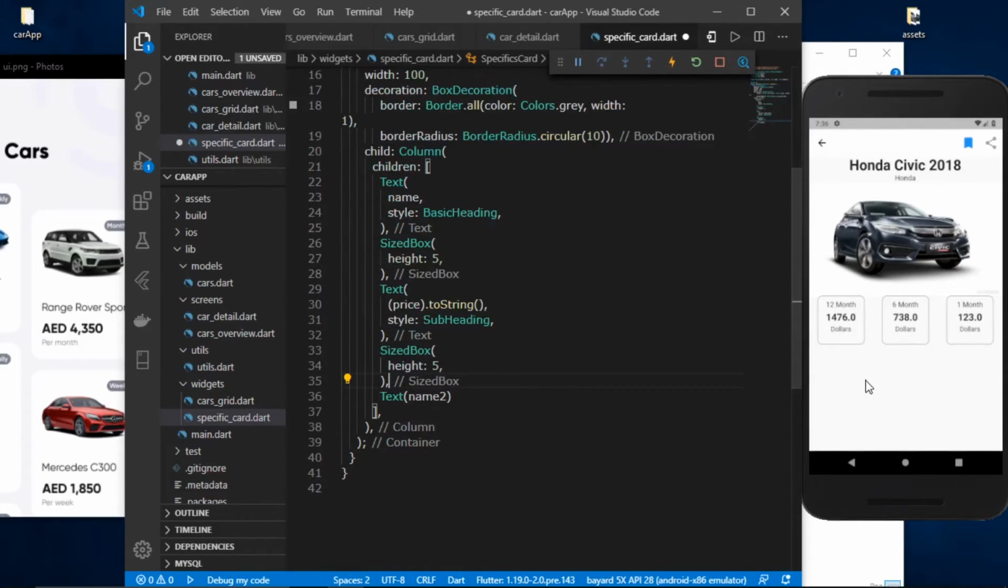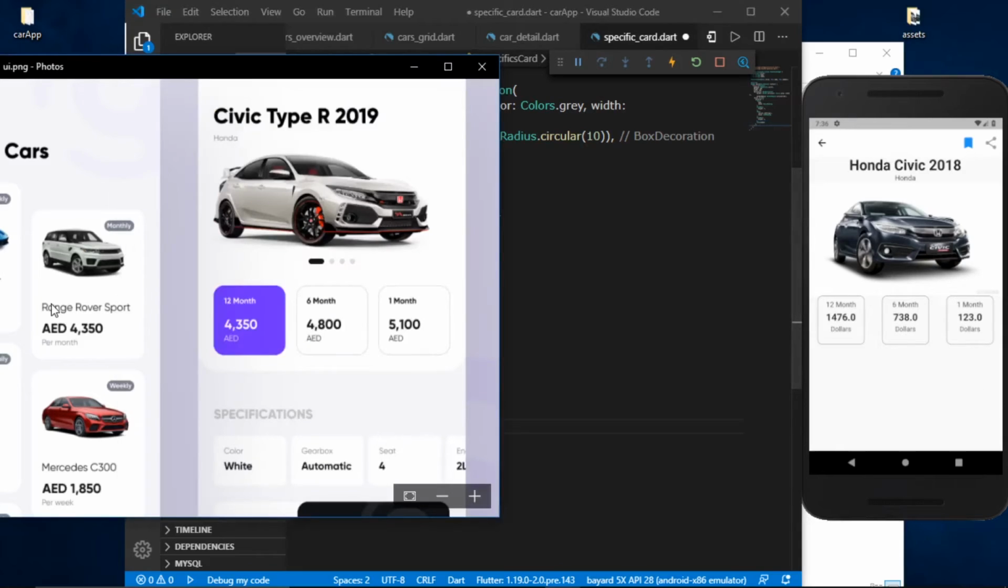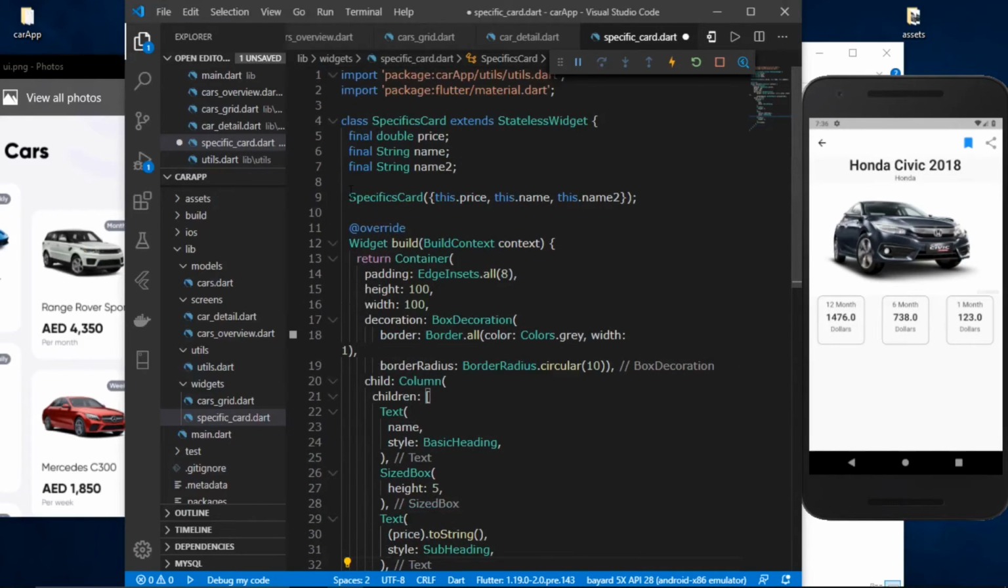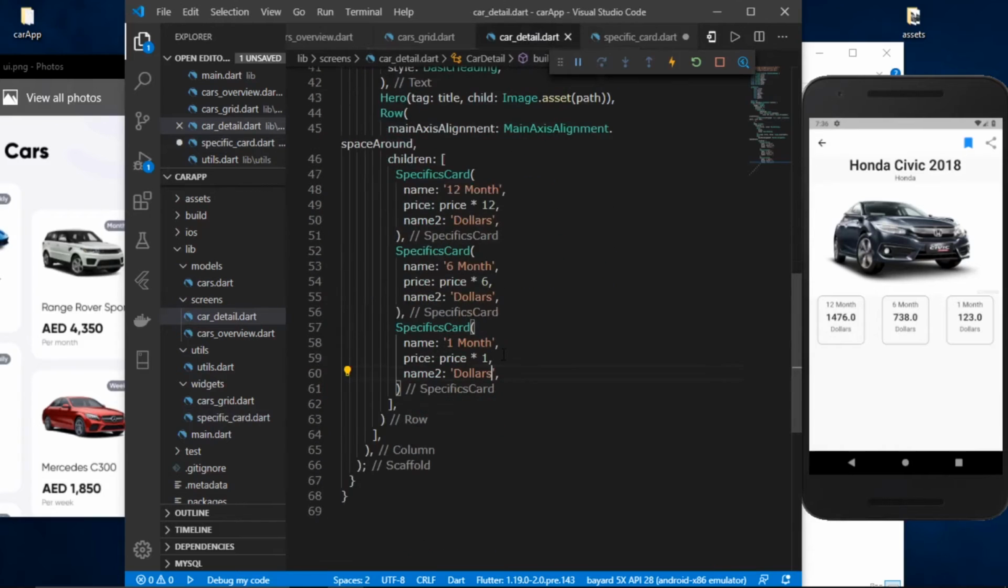For now, I'm going to move on, and the next part we have is the specifications, as you guys can see over here. So we will use the same card widget, the one we have created over here. We'll just use it differently, not like for our pricing. So here what I can do is